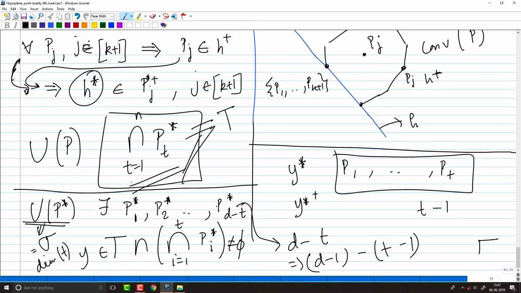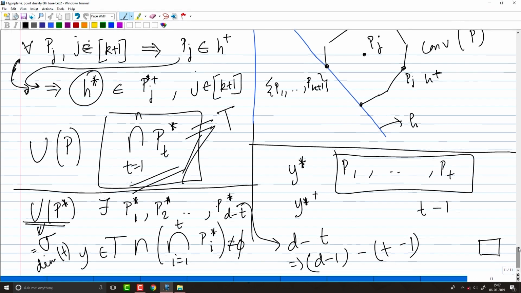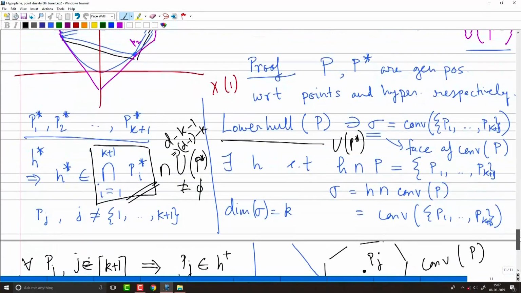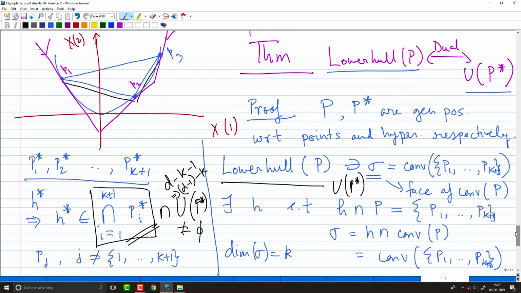Okay, I will take a minute and see if there is some confusion. If you have some question, ask. Do you want me to repeat the argument again? Okay, so let's do the argument again. Okay, so let's go back. So again we are assuming P and P star are in general position,